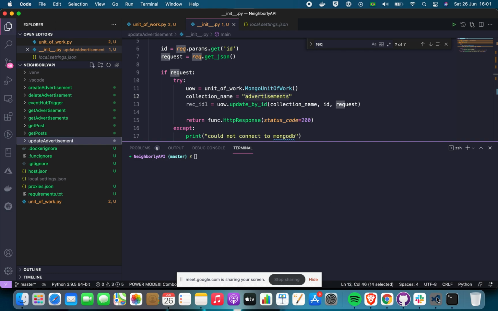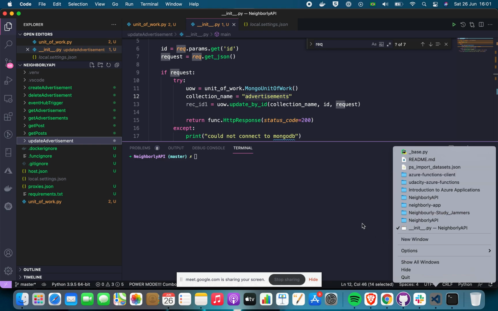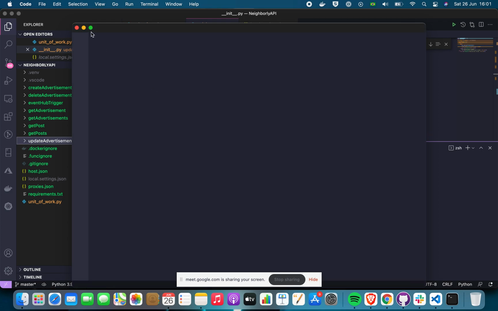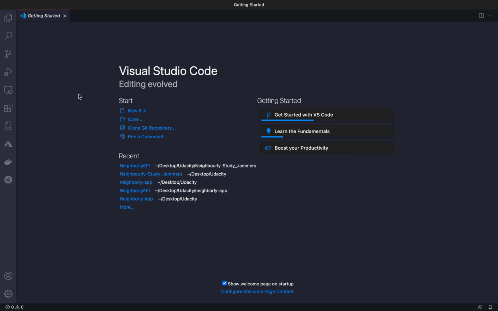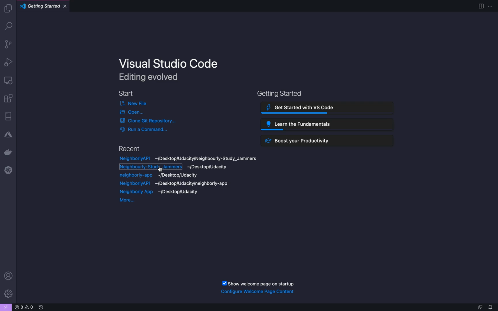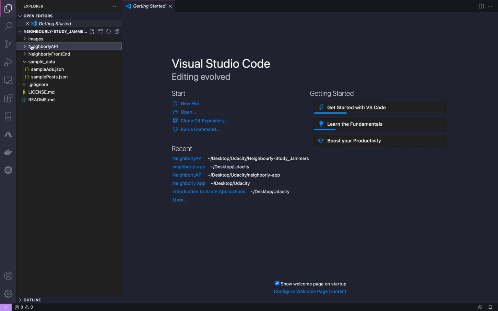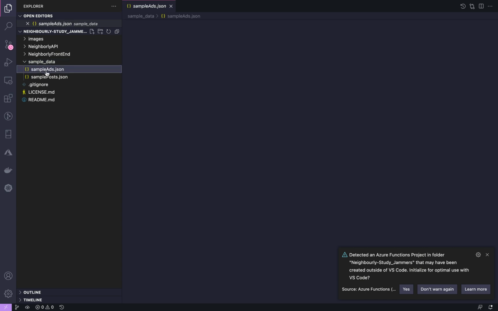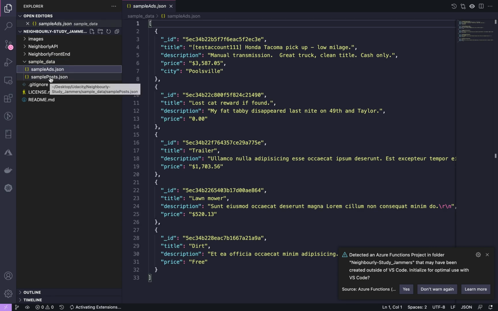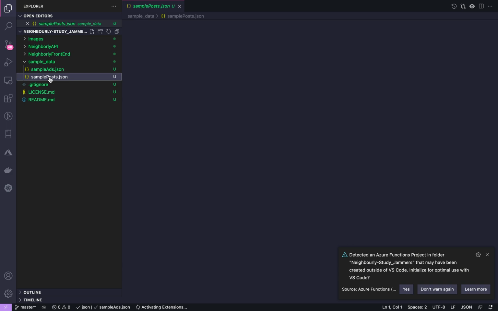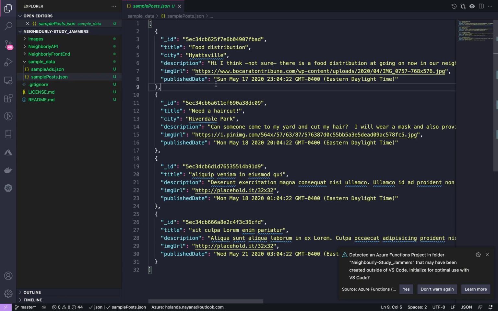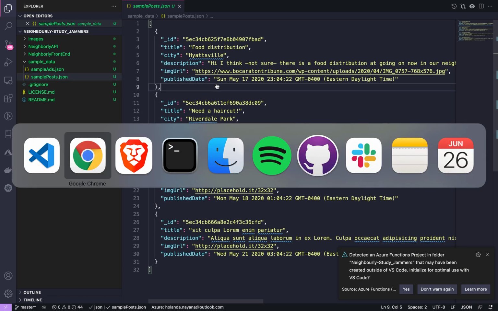I would just open another instance of Visual Studio, and I'll open this one. So, okay, in the root folder, we have this simple data, where we have some simple data for ads and simple posts.json. So basically what we need to do,